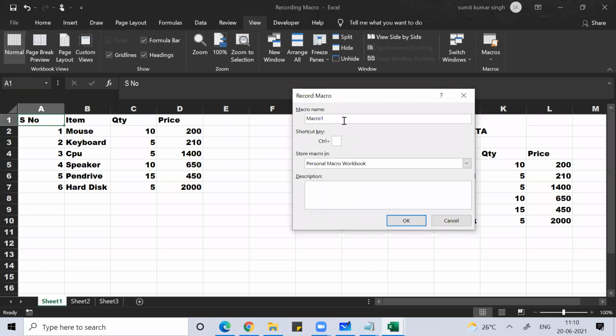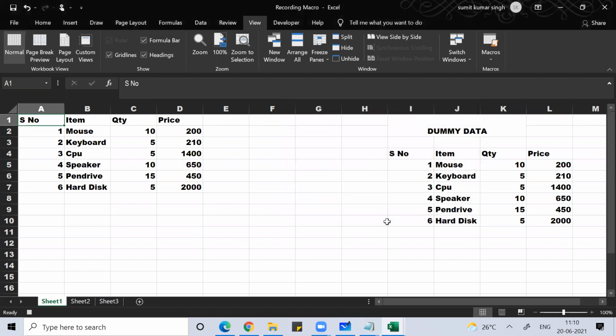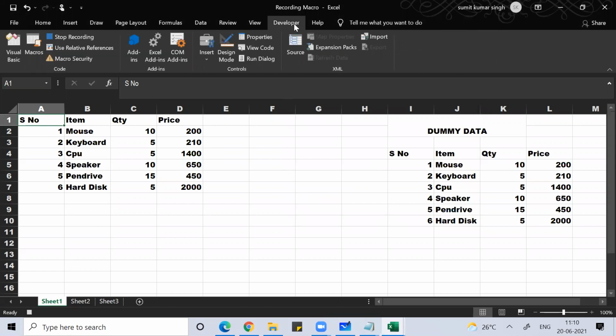Here, if I give a name for this macro, simply I'm giving some name, editing underscore data. Give a description, trying to edit data. Something I'm just writing. And the moment you press OK, your macro becomes active. Under the Developer tab, there's nothing called Record Macro now; there you can see Stop Recording. At the end, you can see Ready. You can see this circular white button showing that a macro is currently recording. Click to stop recording.